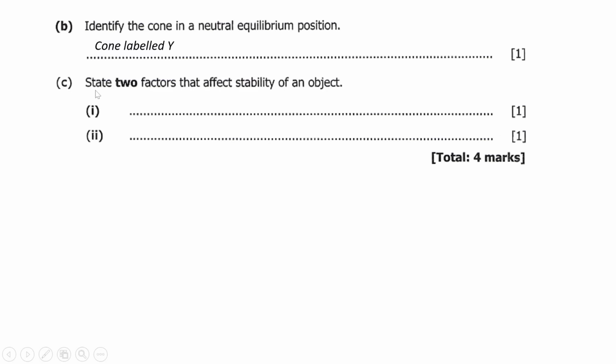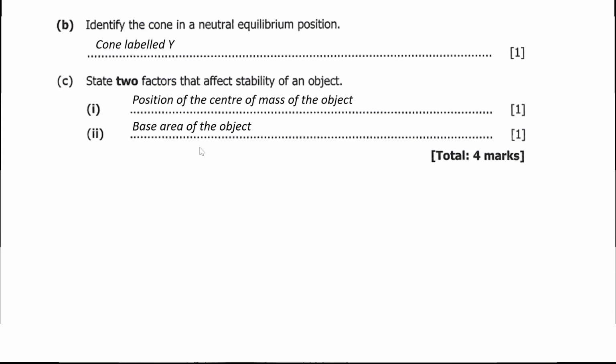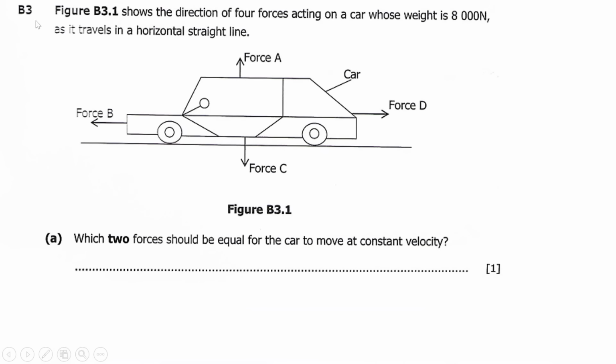Then C says state 2 factors that affect stability of an object. So the 2 factors that affect stability of an object are 1, position of the center of mass of the object, then 2, base area of the object. Then we move. B3 says figure